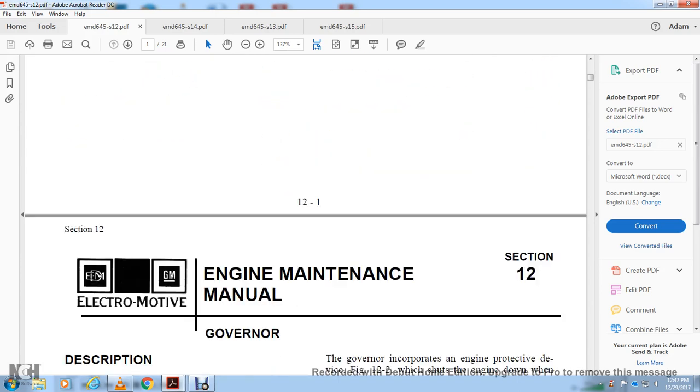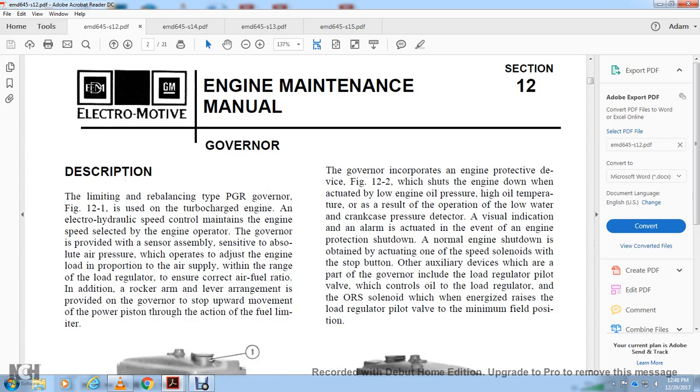Electro-Motive Division GM Engine Maintenance Manual 12, Section 12 Governor, 8, 12, 16 and 20 cylinders. The PGR Governor is used on the turbocharged engine with the electro-hydraulic speed control to maintain the engine speed selected for the engine, operated with the governor to provide